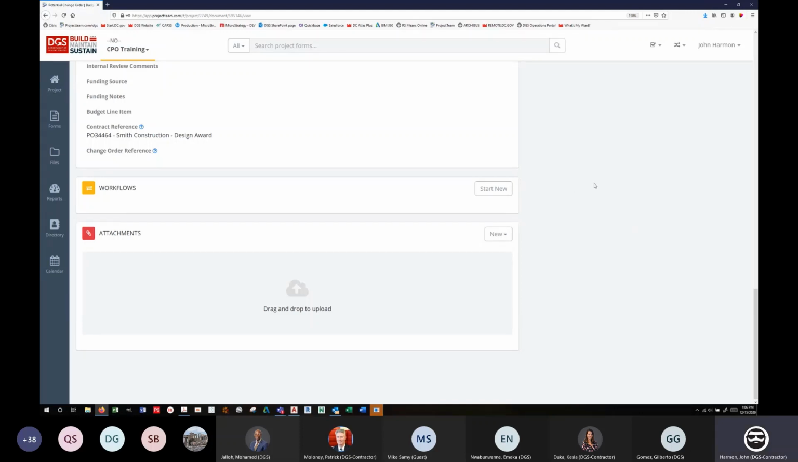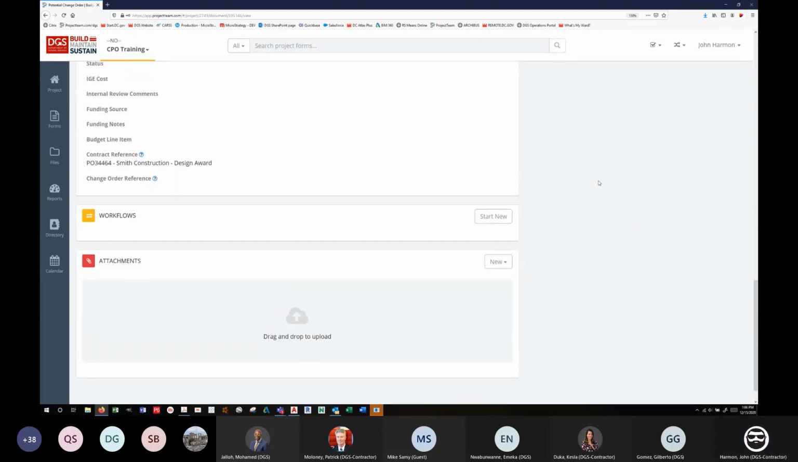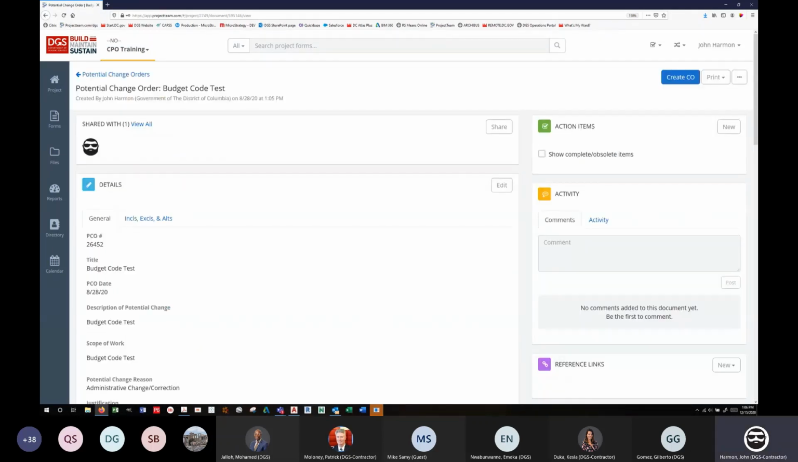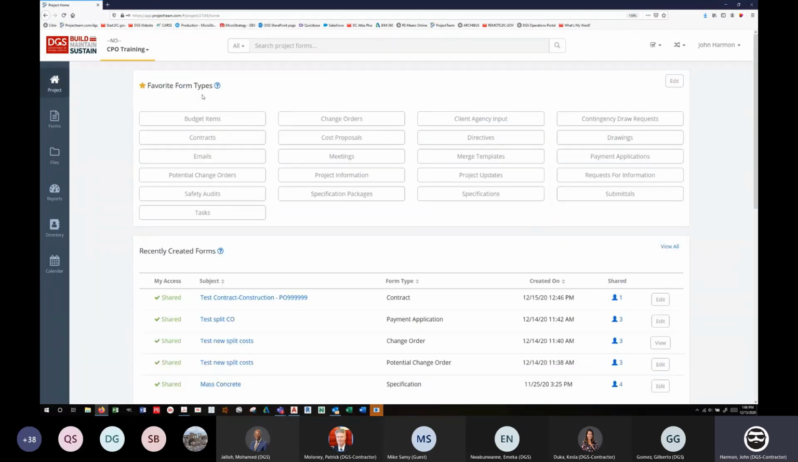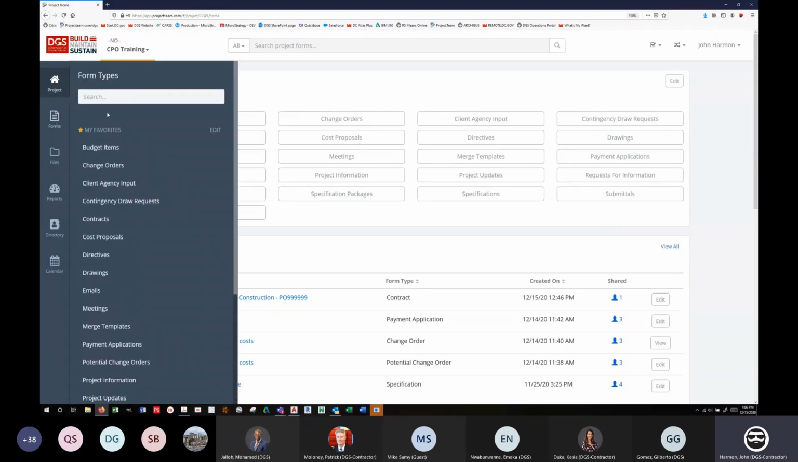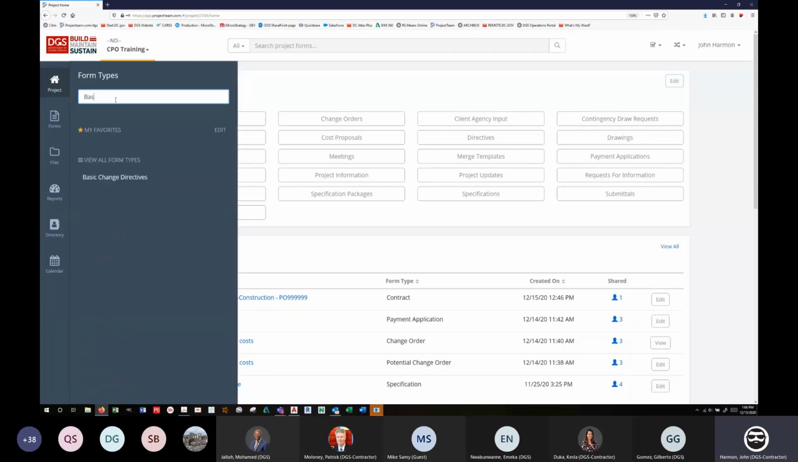All right, anything else on PCOs? Okay, so we're gonna take one step in between PCO and change orders here, because sometimes you will get a BCD, or basic change directive. So once you've done the PCO process and you've put in the procurement request and that process is going on, if procurement decides to issue a basic change directive,